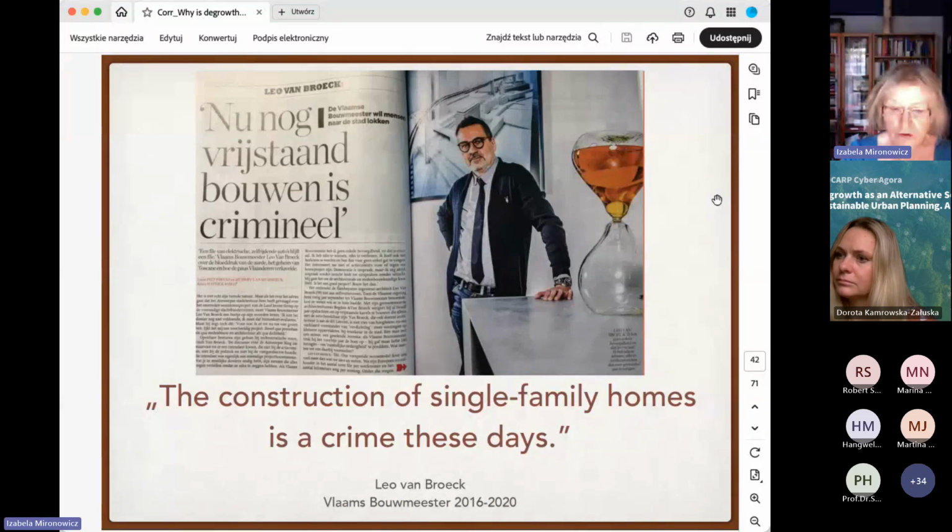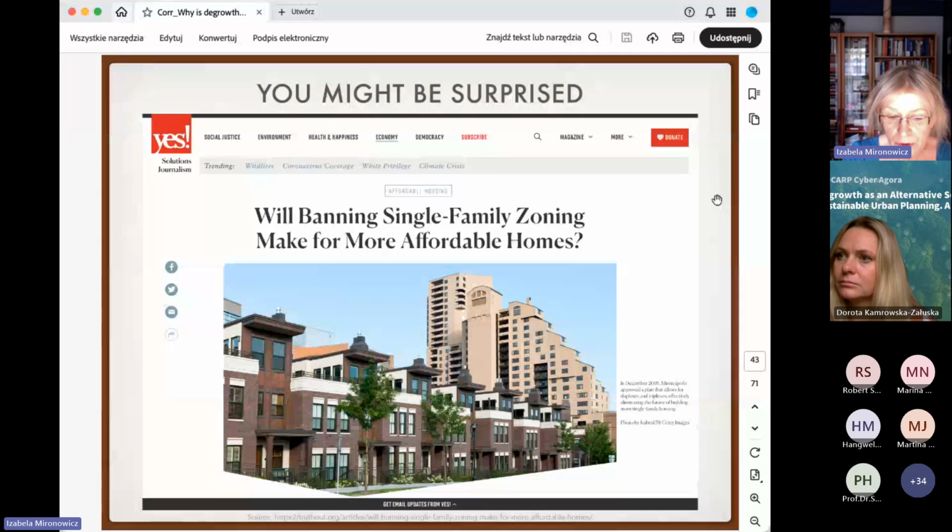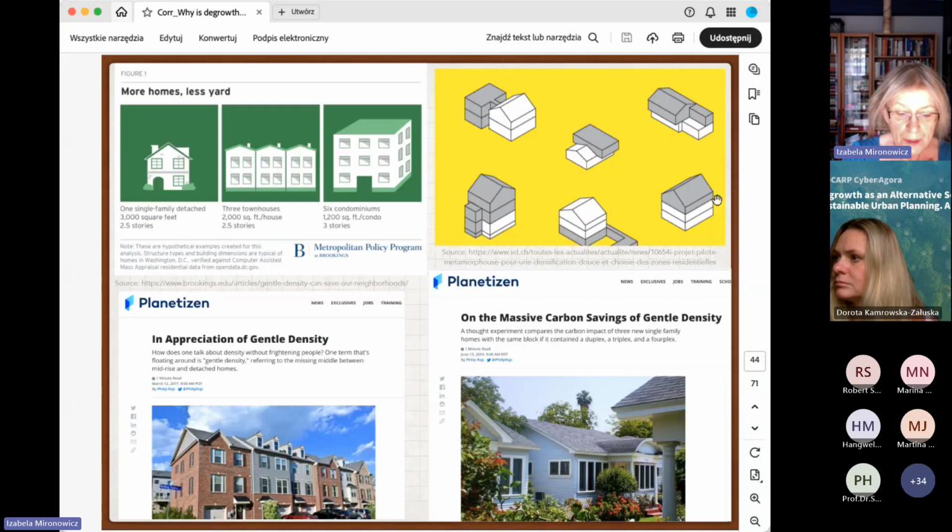Have you noticed that the question of density usually refers to development that is already quite dense? The question of how to achieve densification in areas of low density, such as single-family housing or commercial activities, has long been avoided in planning practice and spatial policy. But it's changing too. Perhaps not everyone would agree with the former Flemish architect's firm statement on the slide, but it touches on an important issue. How can densification be carried out in a fair and responsible way, also from the environmental point of view? Avoiding low density housing appears to be linked to improving housing availability. Interesting, isn't it? Increasing density in low density areas is not only a matter of social justice, but also a matter of environmental responsibility,